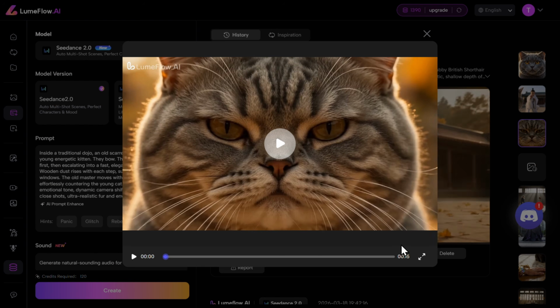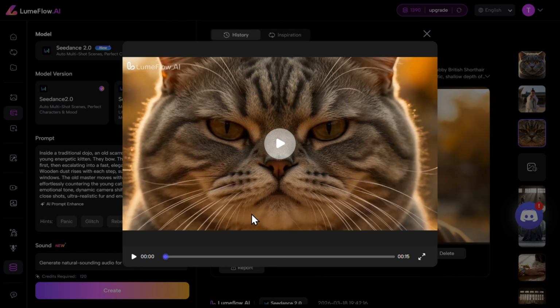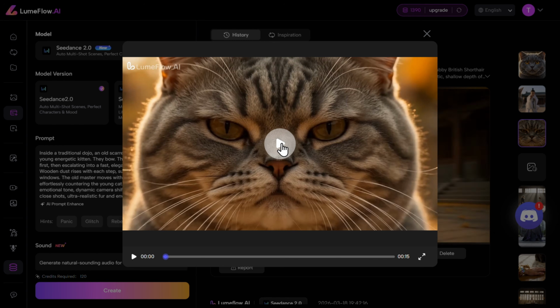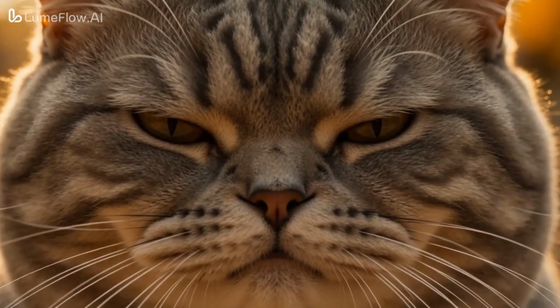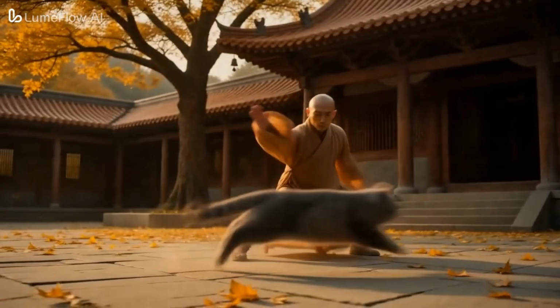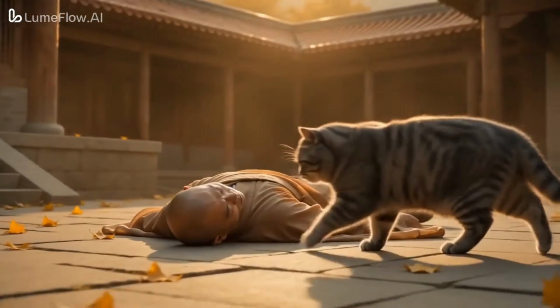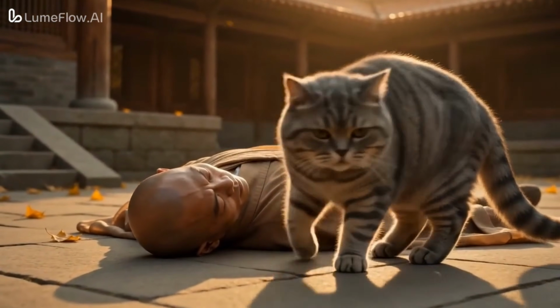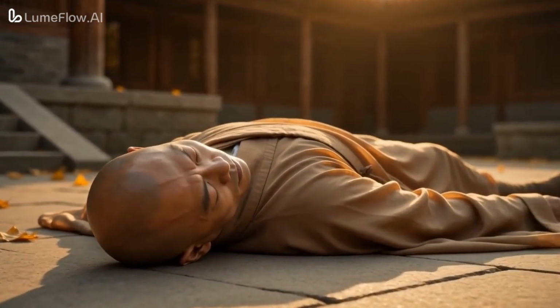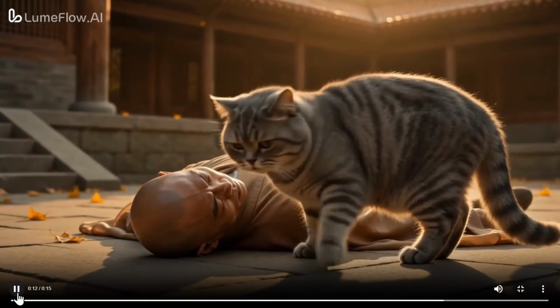Nice touch. Now similar but with a cat and a human fighting, and here you sometimes need to be careful with the prompt, because with the new Seedance 2.0 sometimes you could violate the content policies if there is too much fight or blood or whatever. I like how the cat just smells him and then leaves without emotion.